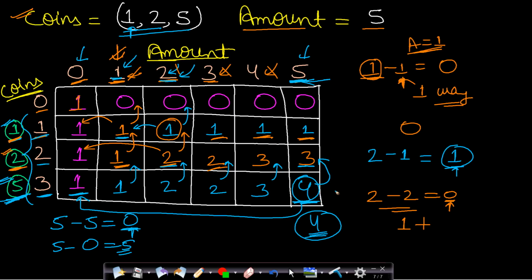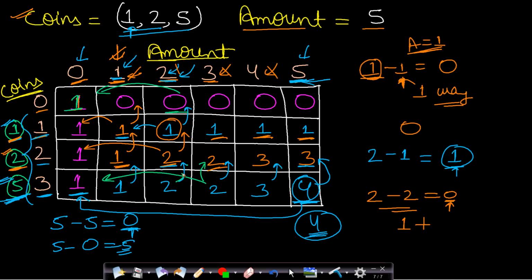Now you can also solve this by using just a single row, because you can see that you just need 2 values. You need the previously calculated value as well as the previous state value. So you can just assign a single row with the values like first will be 1 and the rest all will be 0, and you keep iterating on all these values. Then you can just update the previous state value by the current value itself plus the previously calculated value of the same row by moving back. Okay, so this is the trick for just using a single row. I will try to put both the codes, for the 2-dimensional matrix as well as the 1-dimensional matrix, in the description section below.